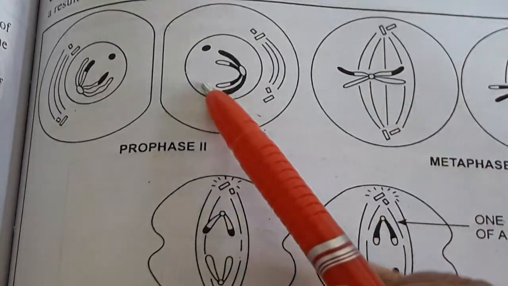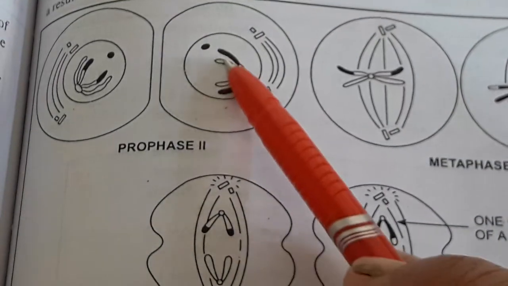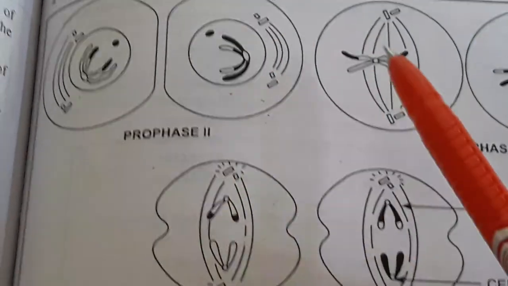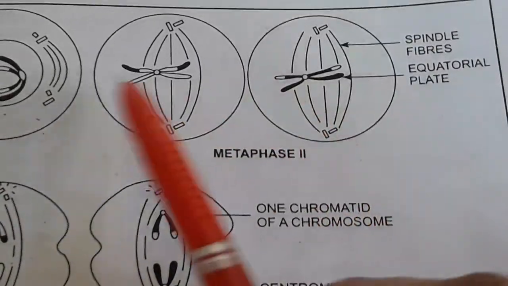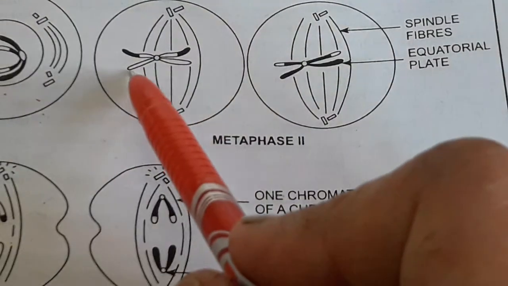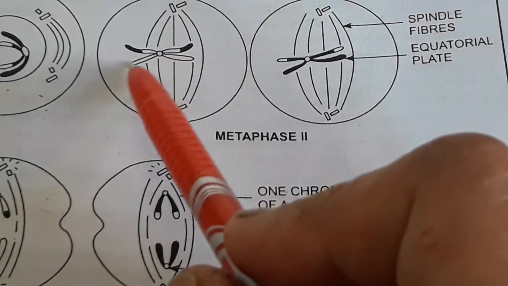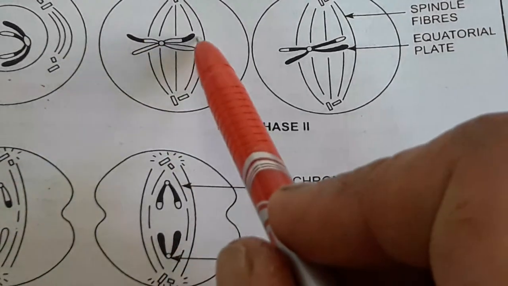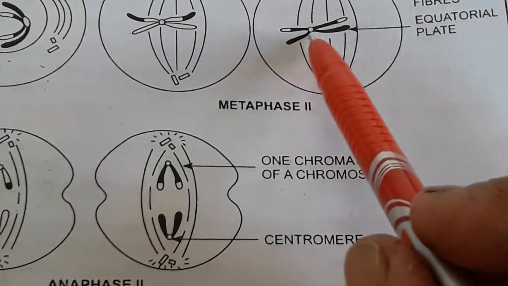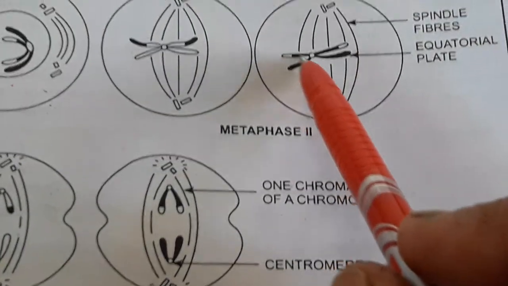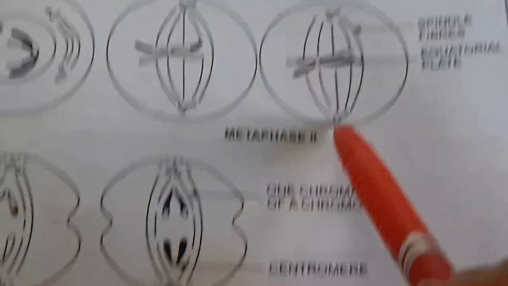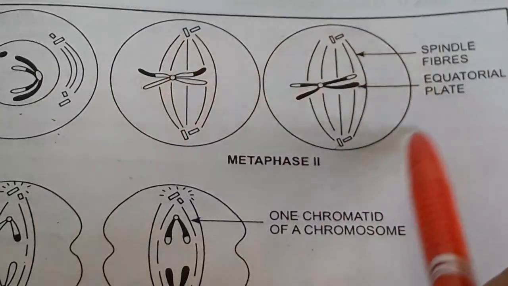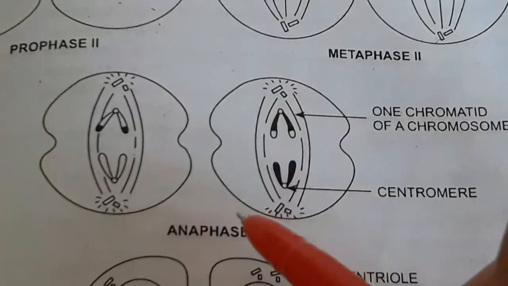Okay, then these are chromatids, they will become thicker, shorter, and then metaphase 2 will take place in both the cells equally. Okay, now you can see that this is the non-crossover segment, this is the crossover chromatid. Similarly, this is the non-crossover chromatid, this is the crossover chromatid. Okay, so now they are arranged in the equatorial plane, this is the metaphase 2 stage. After this they will enter the anaphase.